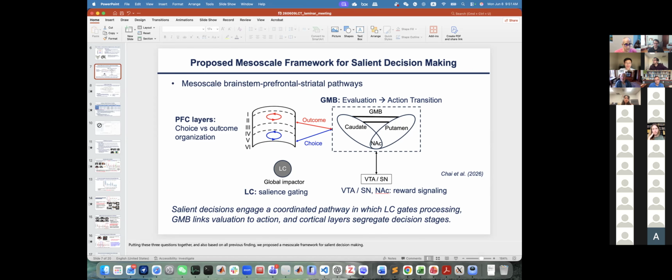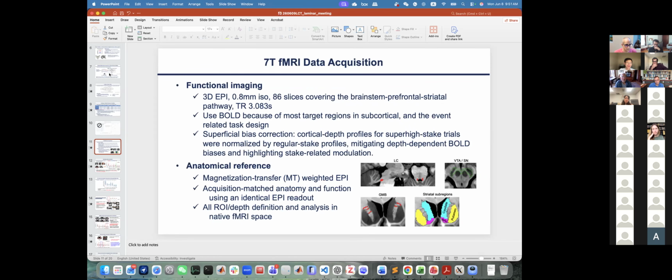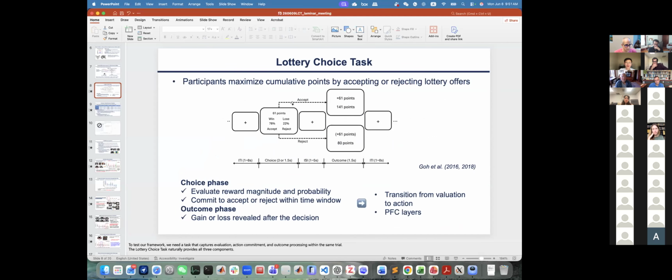Here we didn't do any additional experiment just to focus on prefrontal, so we didn't do additional experiment to validate that. And also, as we said, the task is an event-related design. It's quite difficult to use a layer-specific contrast. So the time interval here is like 3 seconds, 1 second, even if you use a layer-specific contrast. It's very difficult to separate it.